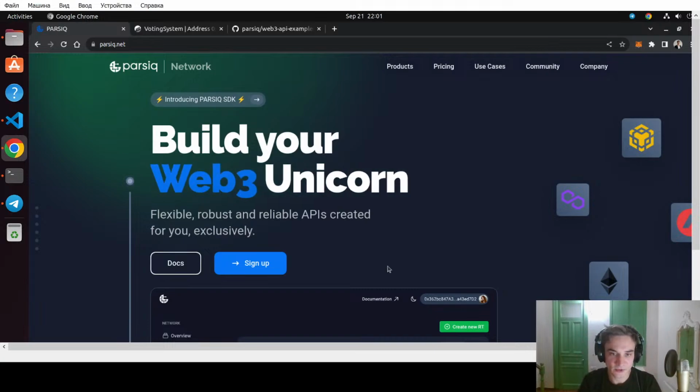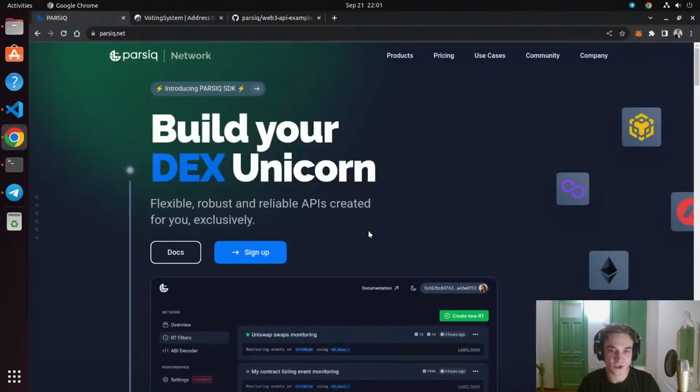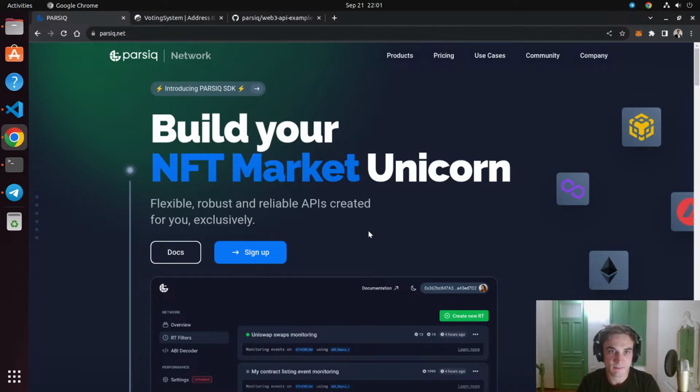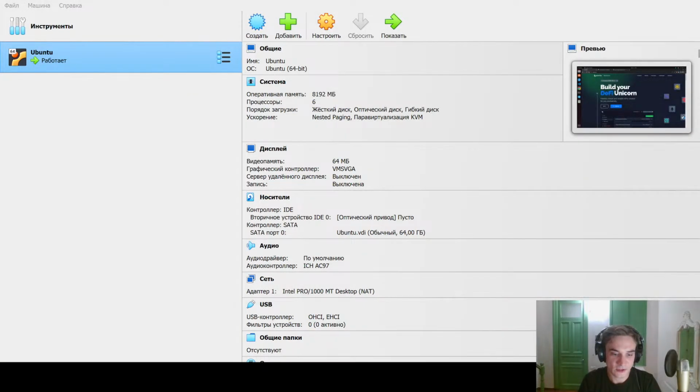So what we'll be talking about today is how to get blockchain data using PARSIQ Tsunami API and PARSIQ SDK. So first of all, let's mention a few things about why we might need that. Obviously all the dApps and analytics and trading guys, they need data. You need data to power your dashboards, to power your interfaces, to analyze the trading trends, to use it for